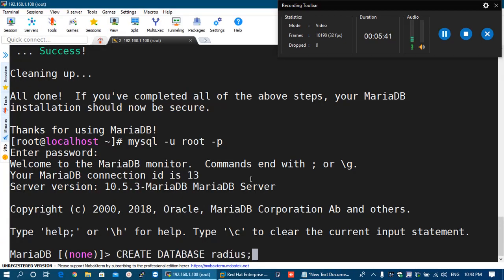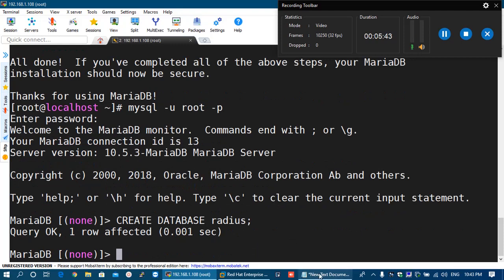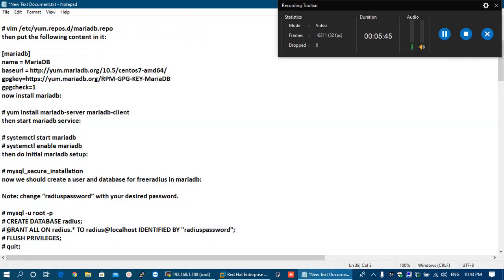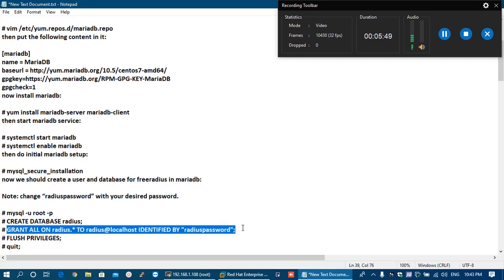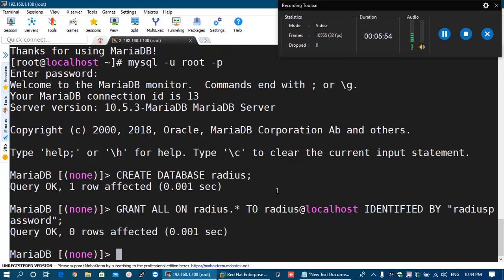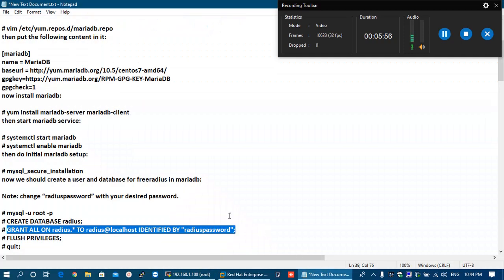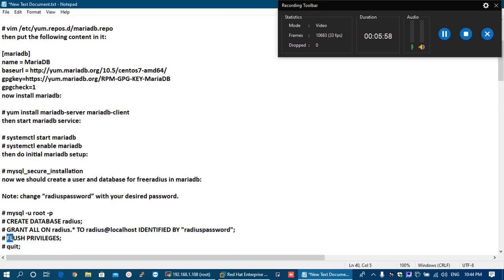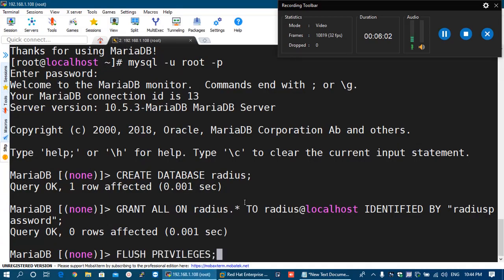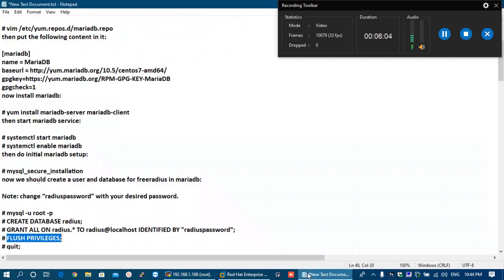So we can run the create database command for that. After that, we can run the grant all on radius command. Don't worry about the commands, you will get each and everything in the description of this video. Then we will flush the privileges, and after that we will quit the MariaDB database.